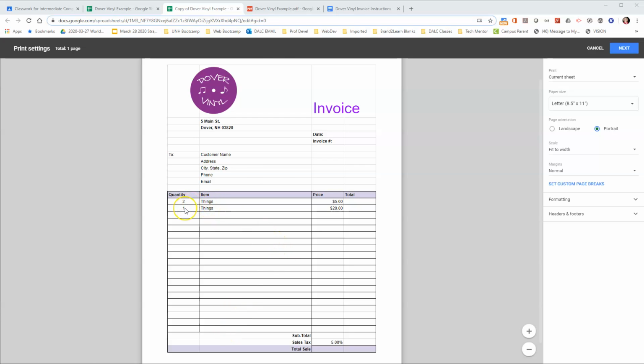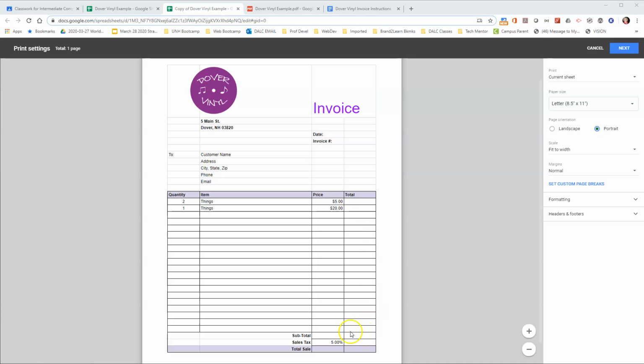Each of those items will have a quantity, how many of that thing they wanted, a price, so how much an individual item costs, and then you'll be doing a calculation to calculate how much total that would be. So in this example, they're getting 2 of whatever these things are that are $5 each. So 2 items at $5 would be $10 total. You're going to calculate totals going all the way down for as many items as the customer orders. They could order a couple, they could order 20 items. It should calculate all those totals over here, and then add up all of the things they bought into a